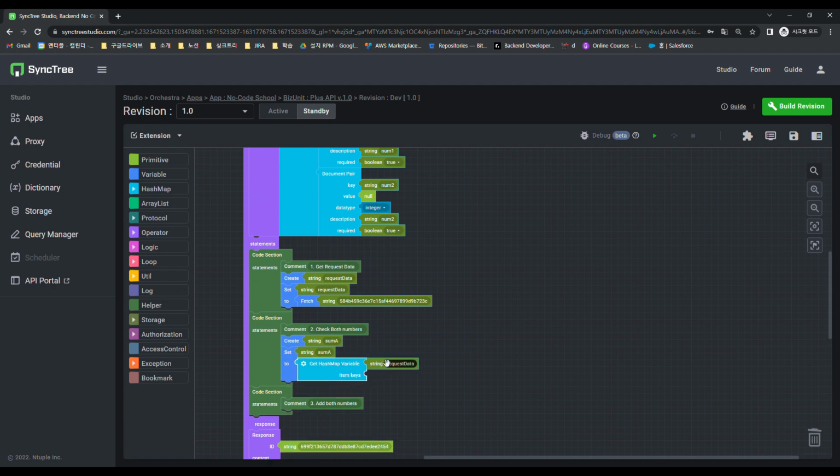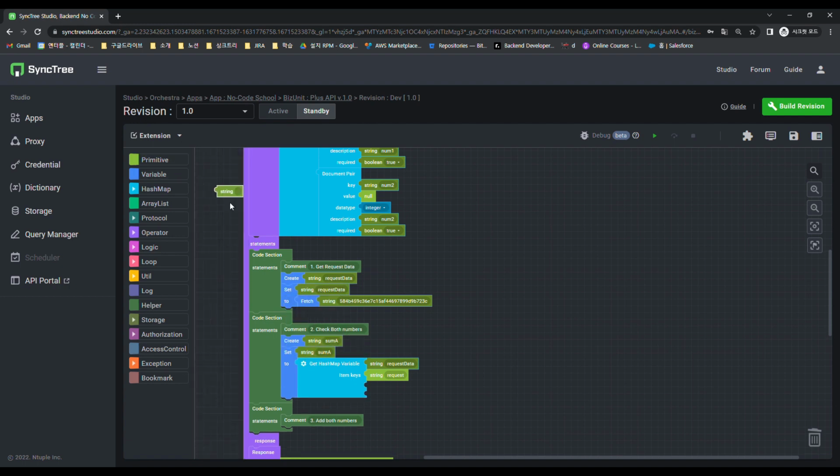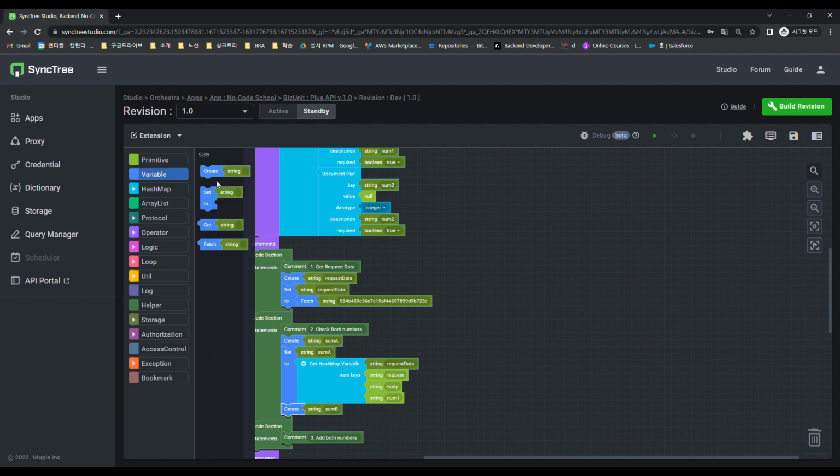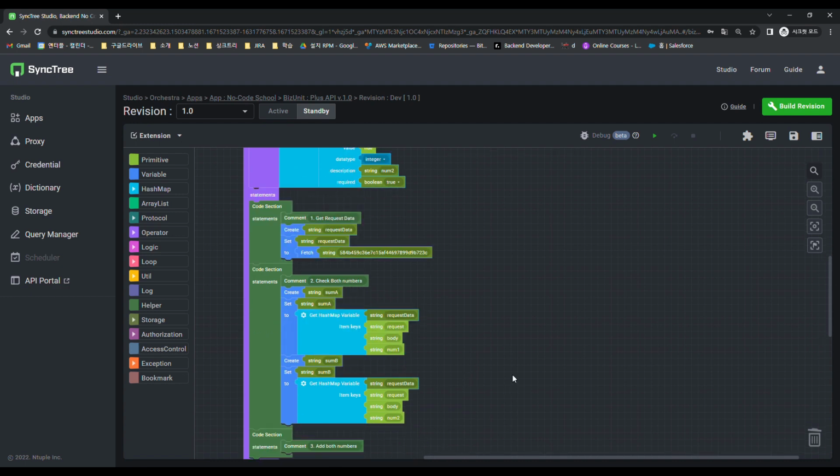If the hashmap is superimposed, you can specify the exact key by adding a key with a gear. Now we're going to get the value of num1 as the key to the body in the hashmap called request data. If you enter request data, request body, and num1, the value of num1 is included as a variable. You can change the value of the second number to num2 and work in the same way, right?